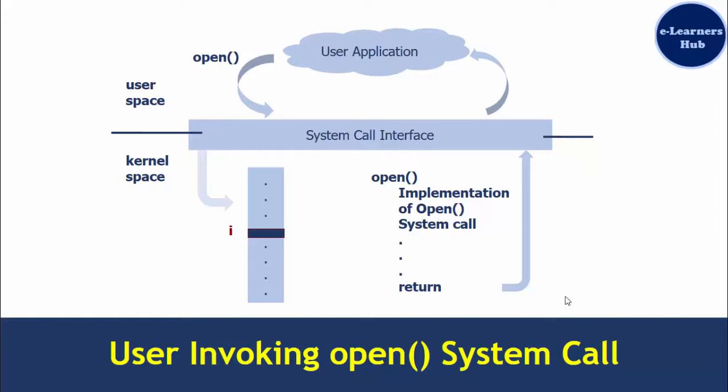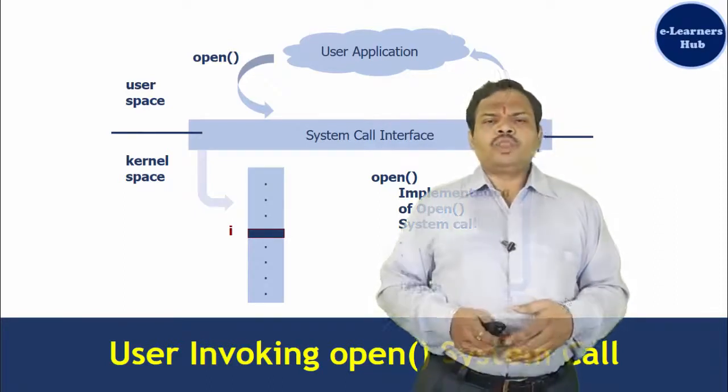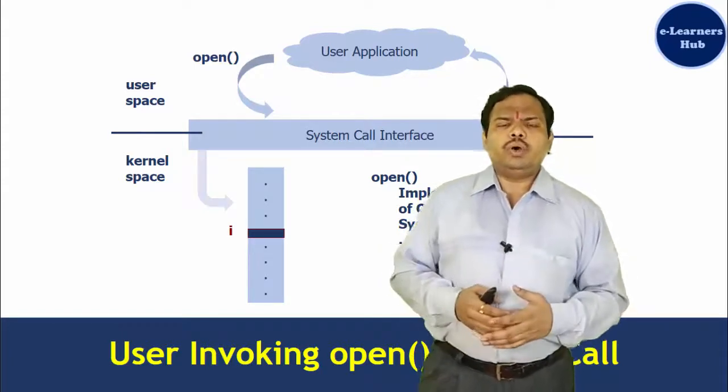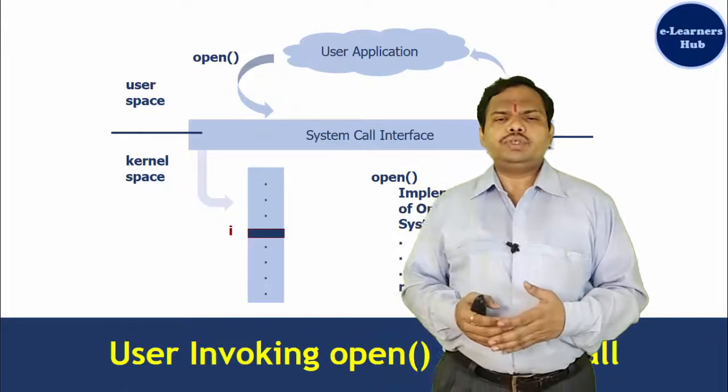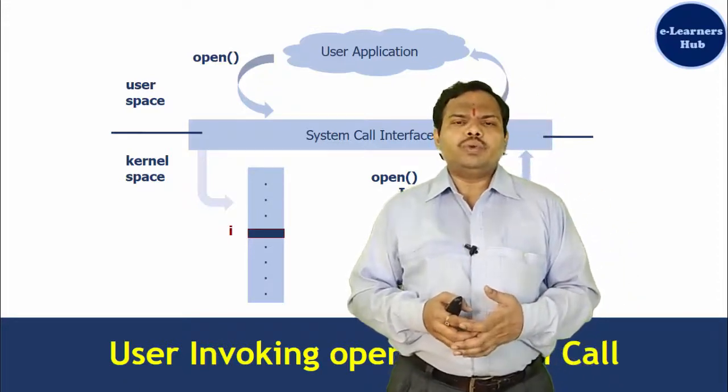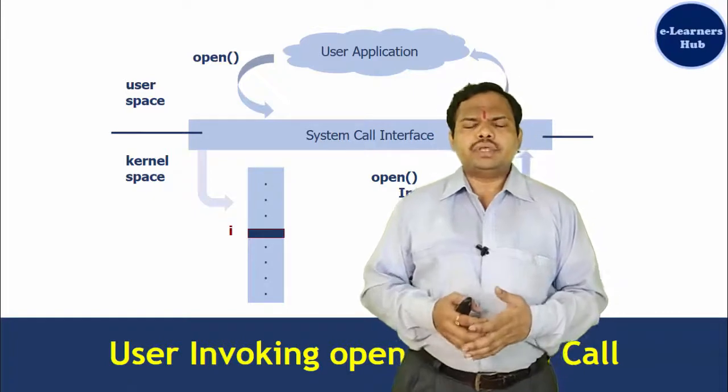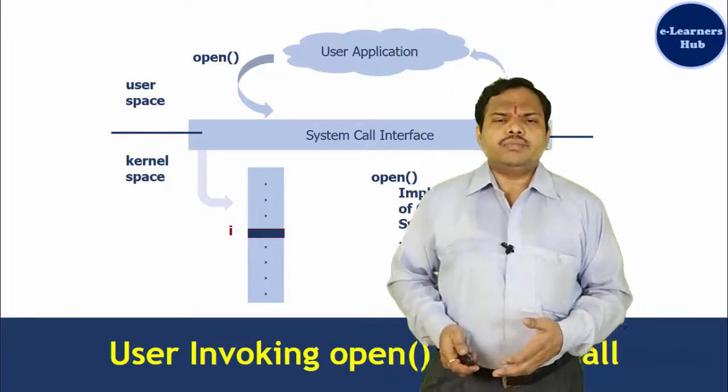So this is how the user processes run in the user space and the kernel processes run in the kernel space. All the kernel related processes will run in the kernel space, and there is interaction with the help of the system call. This is where the system call and system libraries play a very important role in the operating system. So this was the architecture of Linux, and we saw how the kernel plays a major role in providing the services and managing the entire system.